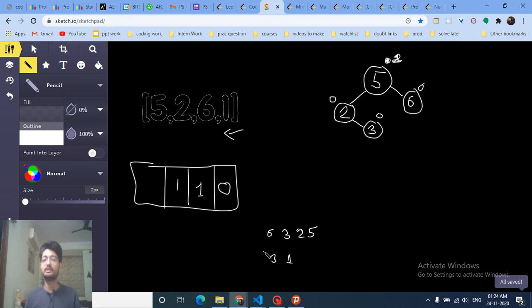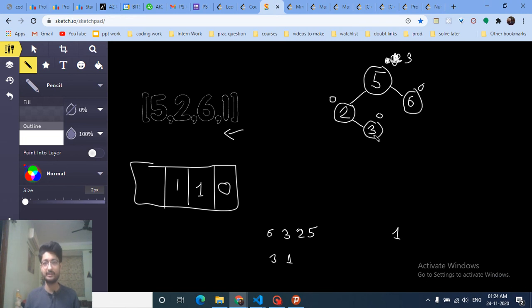Now if you want to insert, let's assume the last element 4. So for 4, because I'm going to the left side of this, we're going to increment this frequency by 2, which is 3. Now it is 3. Then we go to this side. Then because 2 is greater than 4, we're going to go to the right side. Now because we're going to the right side, the total amount of frequency is we take this frequency and add 1. So now we have taken one element, which means that this element is taken, and I have to take this in the answer.